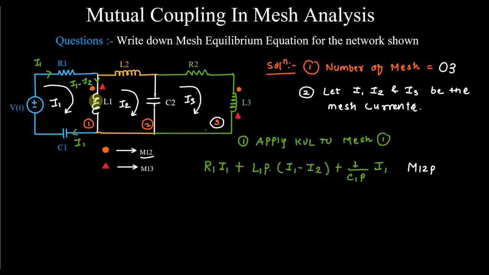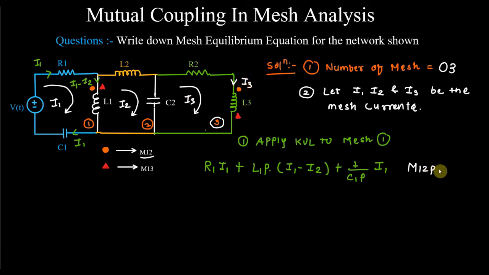Now what do you write in the second part? In the second part you write the current. From where do we have to write the current? The first dot is here. See the second dot, the second dot is here, and find out what the current is here. The dot is associated with L3. What is the current through L3? Here the current is this one. Which current is this one? I3.